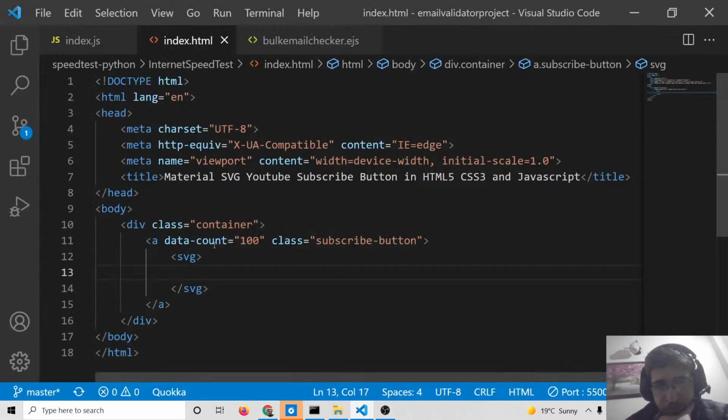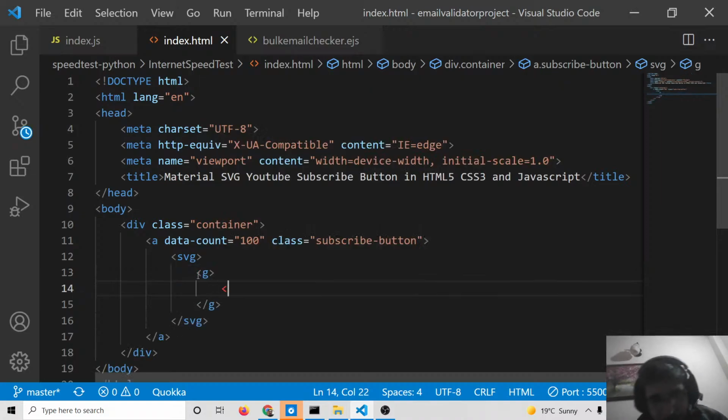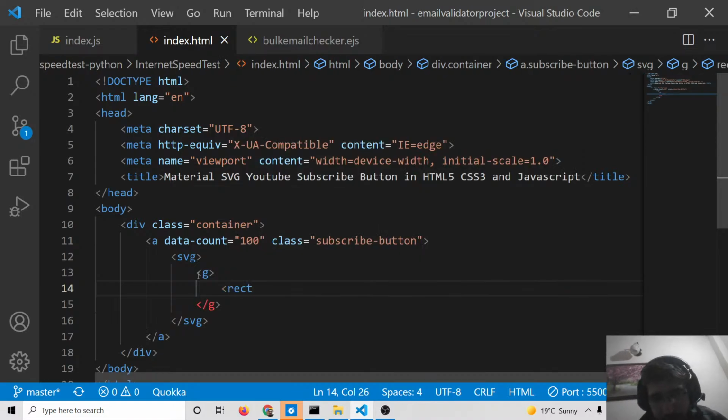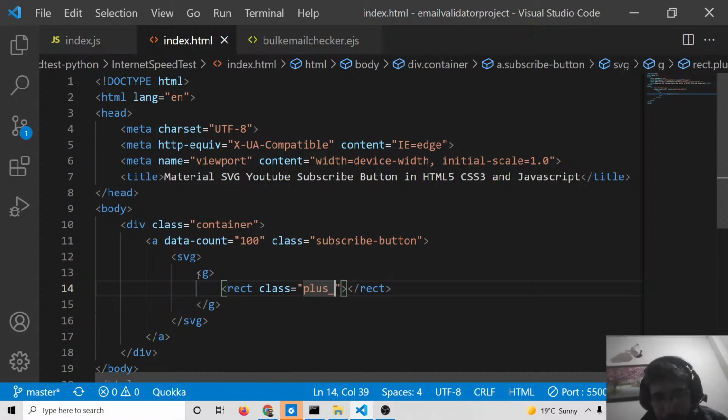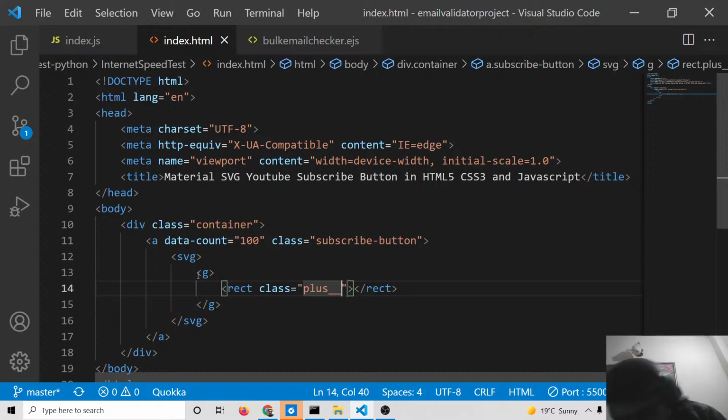So now we will concentrate on the button here. Inside this SVG, we need to declare a G tag. So this is a G tag. Here we will have the rect tag. We will give it a class. This will be equal to plus underscore underscore, and then we will say line 1,